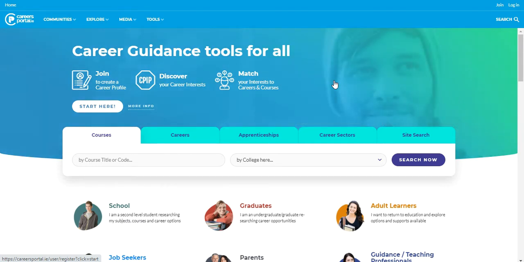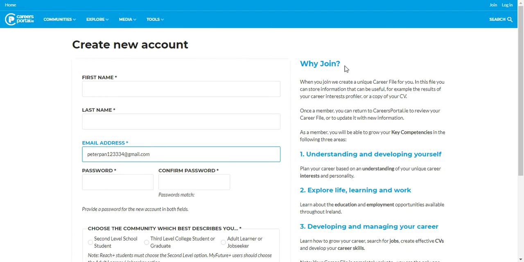to the CareersPortal website. They pop over towards the join button, click that, and enter all their login details, whatever they are. Eventually, they'll come to a part where they need to enter the license code. License codes are distributed by CareersPortal via email or through the front of the book, where you scratch off an area which reveals the license code. So when the students get registered, they're automatically entered into the REACH program, and the guidance counselor then goes through